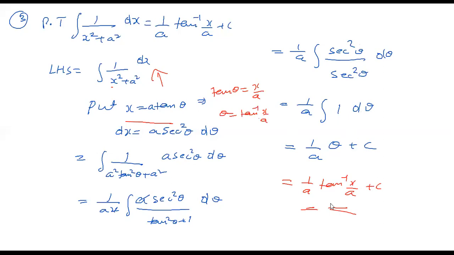So can we cancel like that, a square and a directly? You can cancel, because it is with respect to theta, so a will be constant. You can take a outside and cancel it, but you can't cancel theta. You can't take theta out because we are integrating with respect to theta. Means you can take a out and you can cancel. Okay, understood?